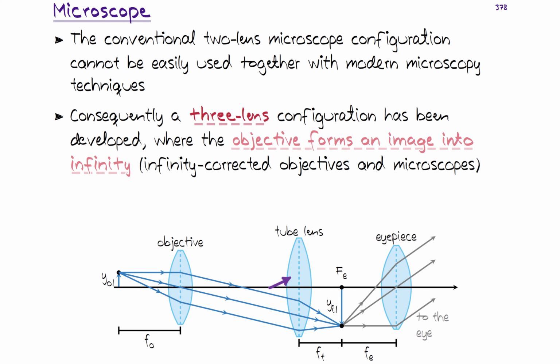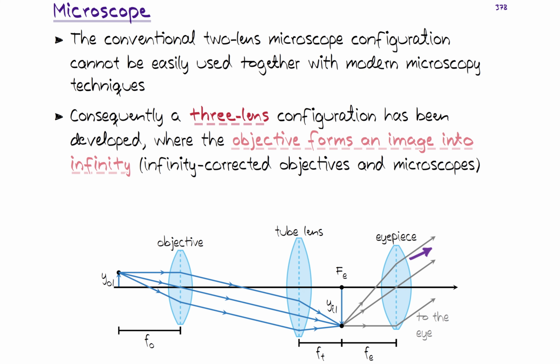And then we add a 3rd lens here known as the tube lens that now forms an image at the intermediate plane. And after this, the eyepiece still functions as before, so that it takes this intermediate image, it forms an image into infinity, and then we have our eye in here to do the final inspection. And the infinity, we want to have the image at infinity so that the eye can work in a relaxed mode, because that's how the eye functions. It's easiest for the eye to look at far away distances for a long duration,